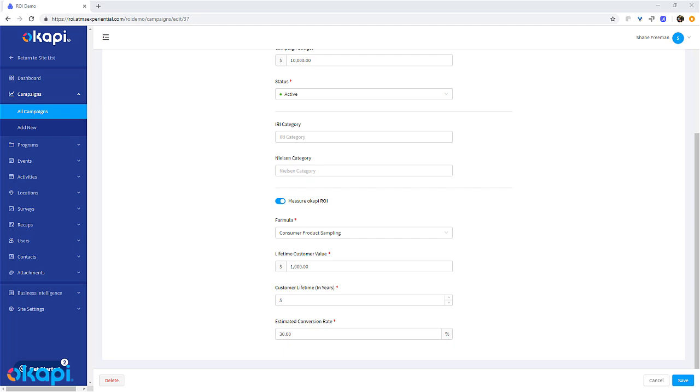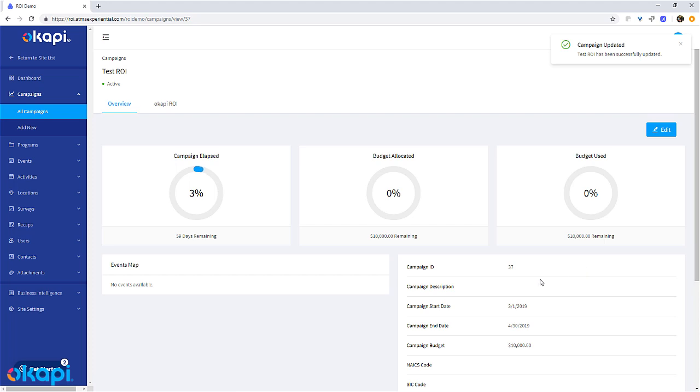What we are primarily looking for is non-customers, those people that have never interacted with your product in the past. So if someone has never interacted with your product and they do convert, that rate in this case is going to be 30%. Once we have all of our ROI metrics in the system, we're going to click Save,